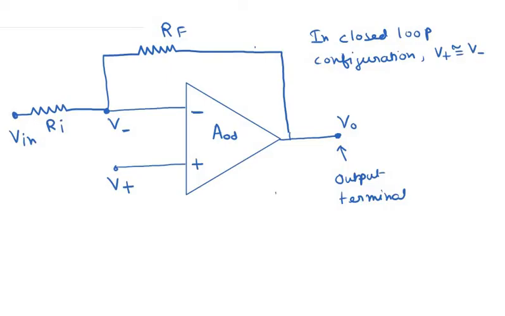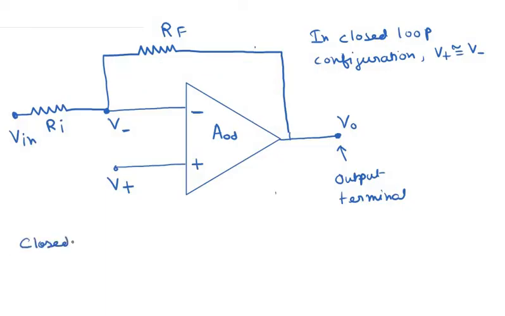Okay, so I repeat again that closed loop configuration of an op amp basically means a configuration where the output and at least one of the input terminals is connected via an external impedance. That is why this is called a loop, because this path basically forms a loop. So that is why this is known as the closed loop configuration.